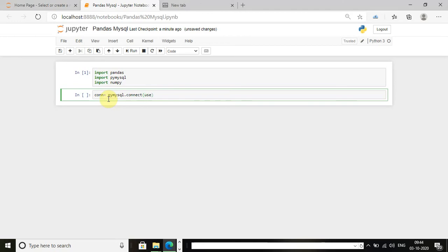First, the user, so my username will be Bodhi Programmer. I have to give my host name, which will be localhost.